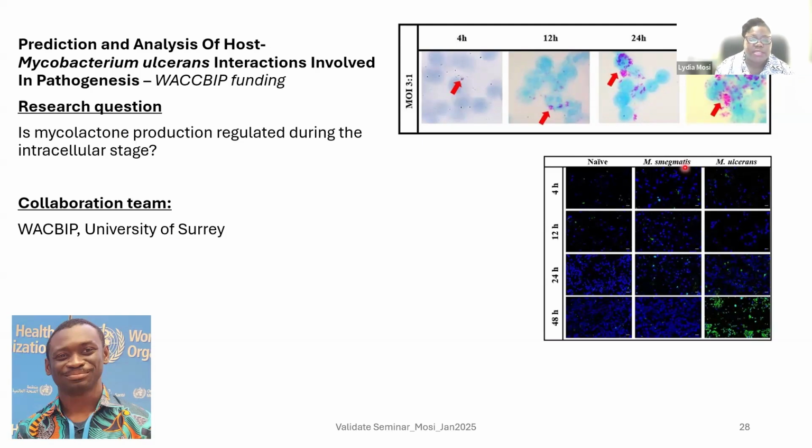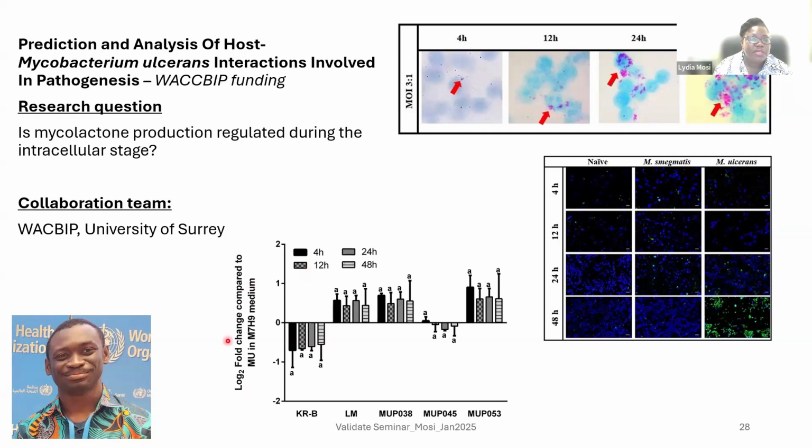environmental mycobacterium isolate. And then he performed some qPCR experiments to show in real time that transcription, the regulation of mycolactone is not affected, does not happen at the transcriptional level, at least from the data that we had, and that the macrophages are able to, bacteria is able to reside in the macrophages up until 24 hours. And you can see that key accessory genes like the ER domain is differentially regulated at different time points, as